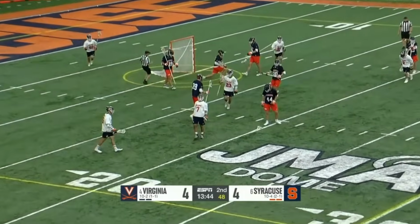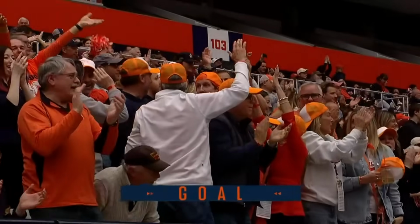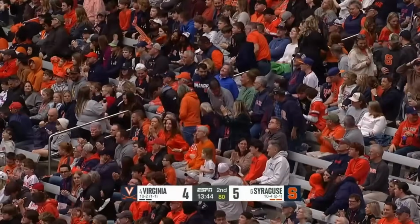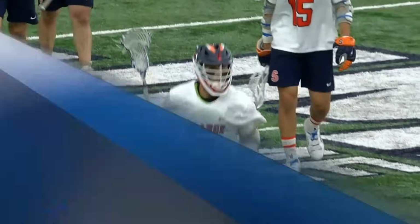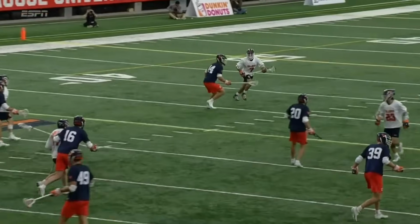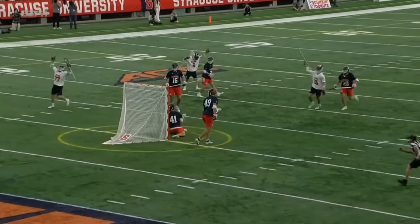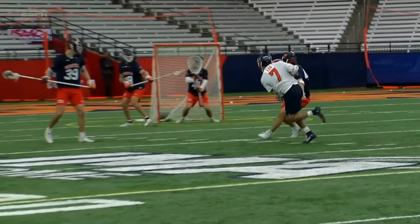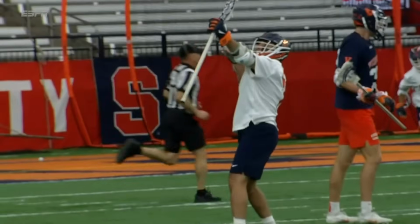Michael Leo, perfectly placed, and the sophomore fires Syracuse in front. You know what's interesting, Jay? A lot of times as a sweeping midfielder, I've always told young guys, never stop your feet, shoot on the run. Well, Michael Leo knows he has so much time coming off that initial pick, and he's got no pressure, that planting his feet will allow him to...